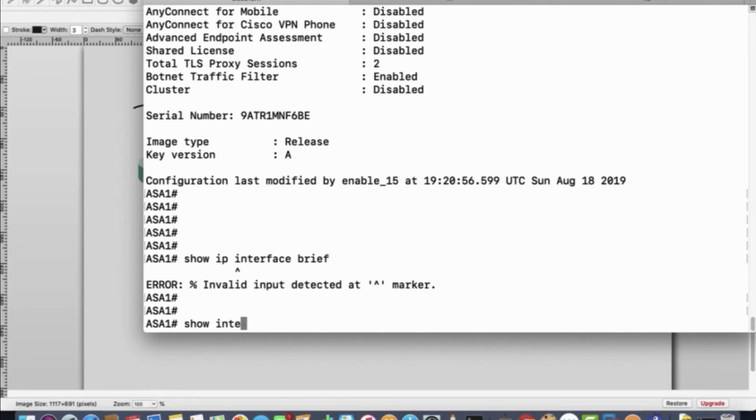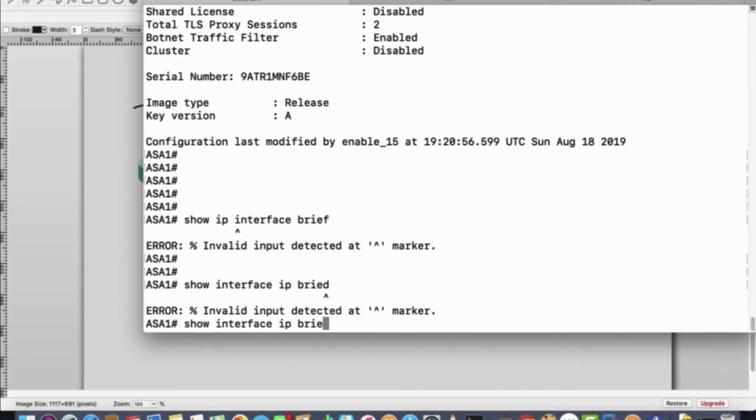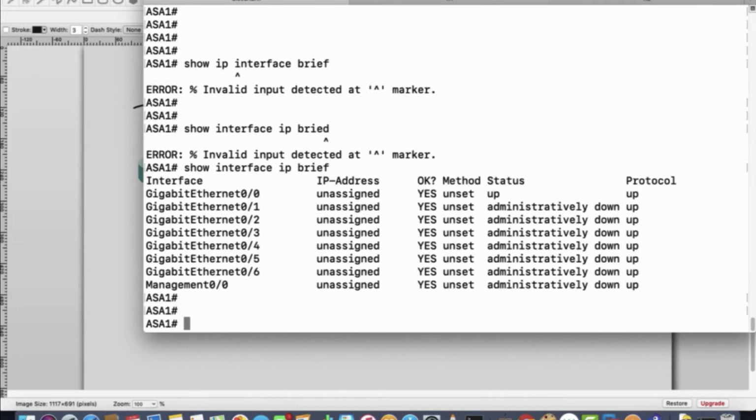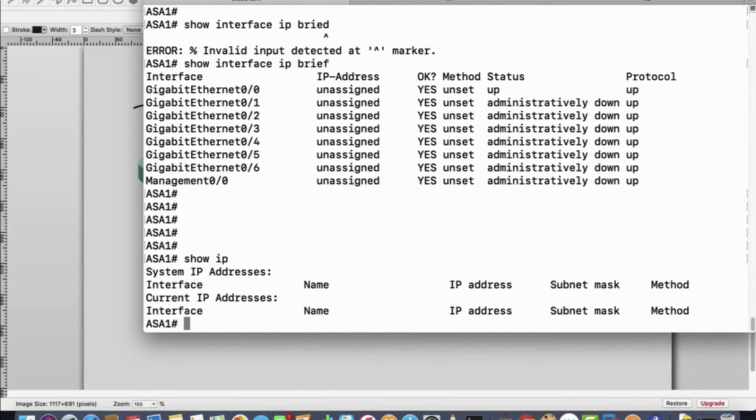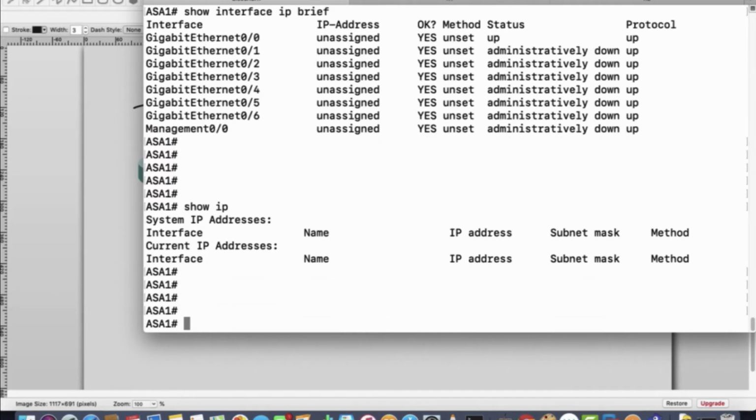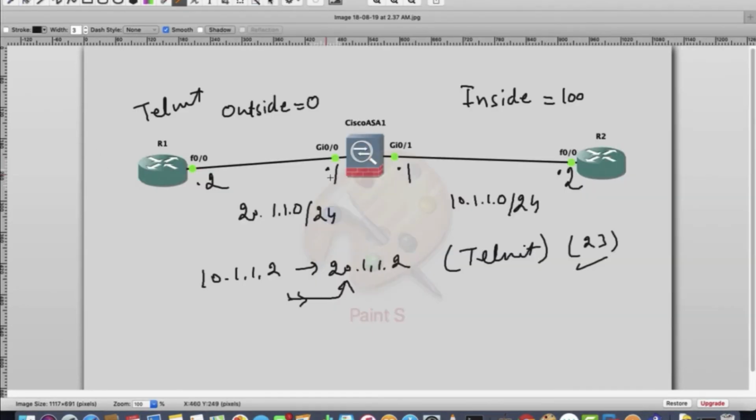So what you will do, you have to enter this command: show interface ip brief. It gives you the interface name, IP address, status, layer 1, layer 2 status. One more command, show ip. It shows you the interfaces with the IP addresses. Since we have not configured any IP address on any interface, it will not display.